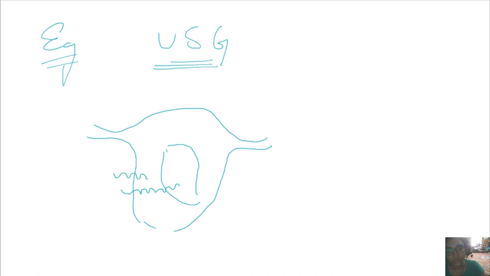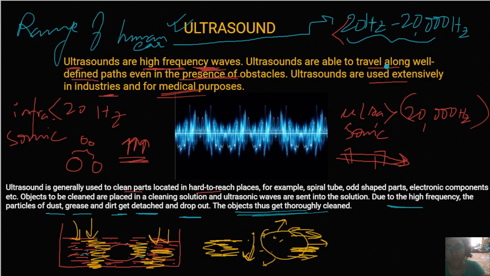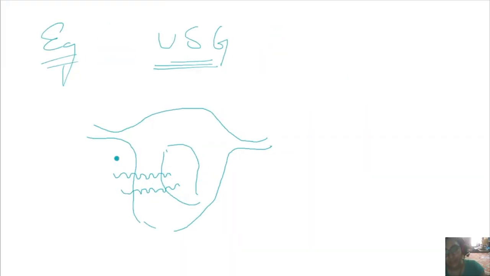Because we said that since they are high frequency waves, they are also able to travel along well-defined paths even in the presence of obstacles, here the obstacle being the skin. So they penetrate through the skin, through the tissue, the fascia, and they reach the amniotic fluid present here. So if this is the amniotic fluid